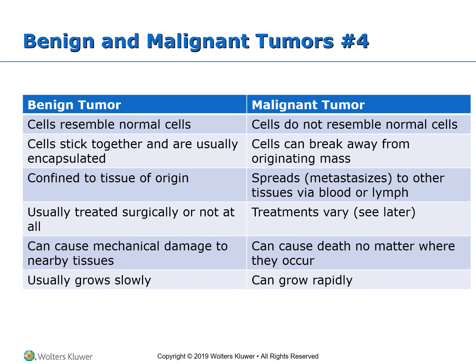A benign tumor usually is confined to the tissue of origin, while the malignant tumor has this high capability of spreading far away from the original tumor, and they usually travel through blood